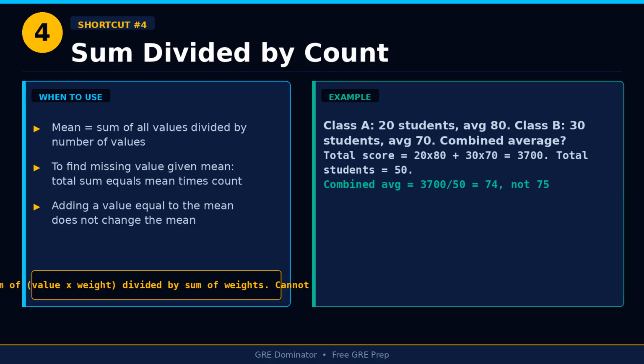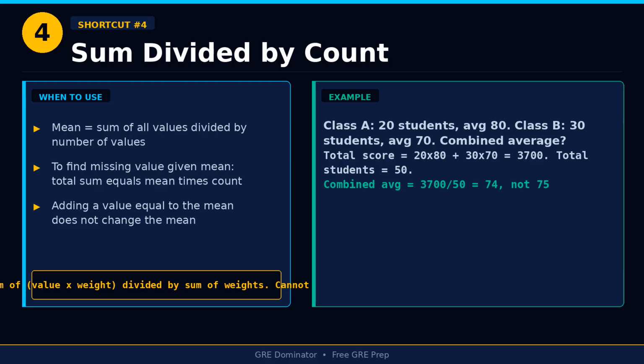Arithmetic mean: sum of all values divided by the count. To find a missing value given the mean, total sum equals mean times count. Subtract the sum of known values to find the missing one. Adding a value equal to the current mean does not change the mean. Adding a value above the mean increases it. Adding a value below the mean decreases it. These relationships appear in medium difficulty statistics questions where GRE asks how the mean changes when a value is added